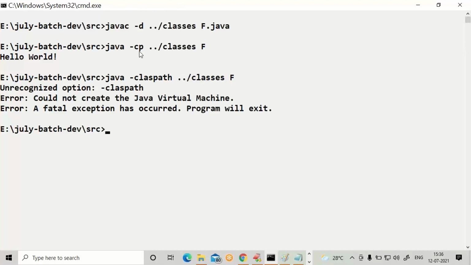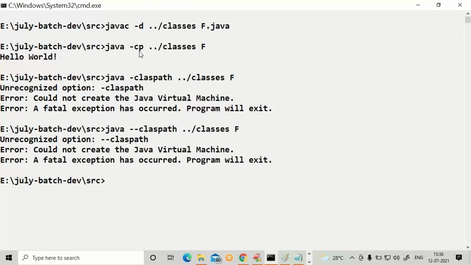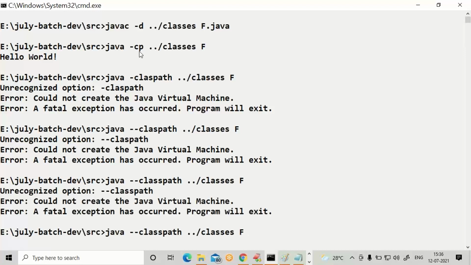Trigger this also. Classes folder. One second. Two hyphens. There is a small spelling mistake.